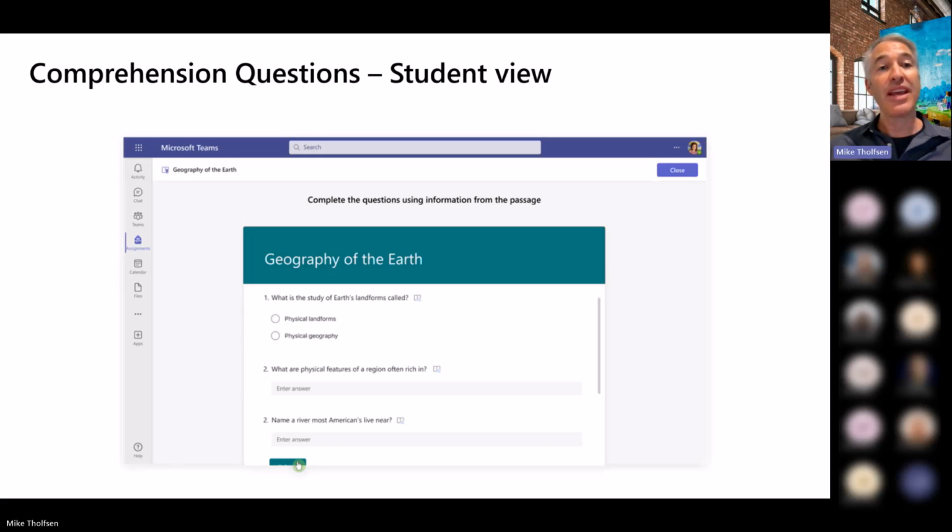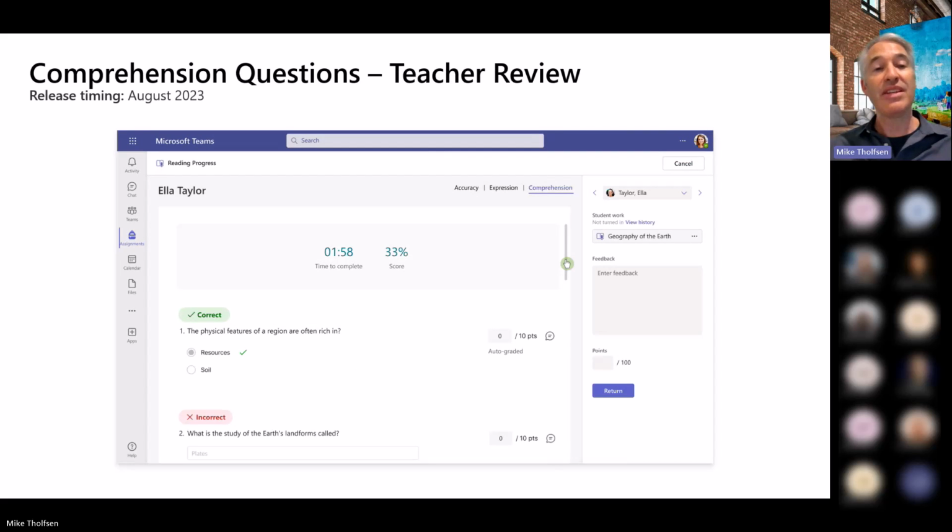And then when the educator gathers all these, now in addition to accuracy and expression, the educator can see all of the comprehension question tallied right up automatically. So if you used option questions, it'll tally them automatically. If they wrote in their questions, you can look at those separately. So this is rolling out right now, and it should be 100%, I think, by the end of this week or early next week. And it's supported in all the languages that Reading Progress already supports. So you should look forward to those.